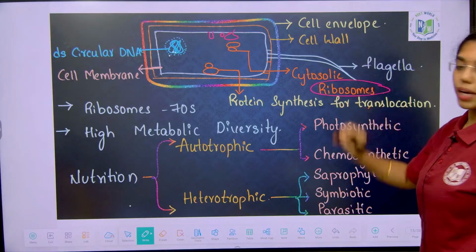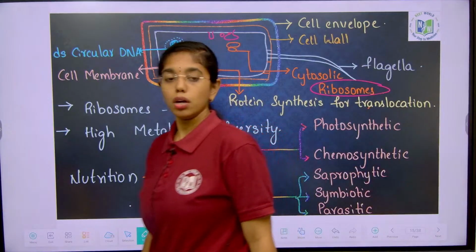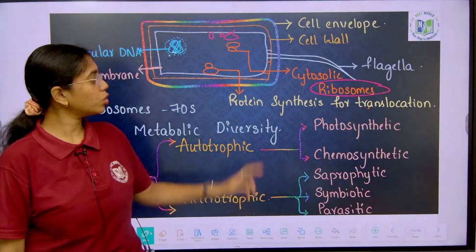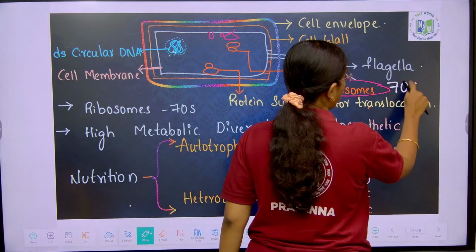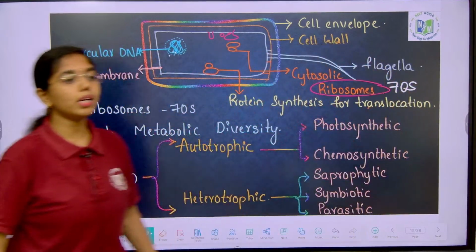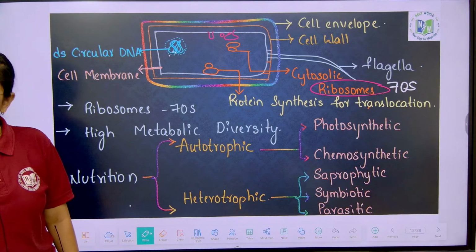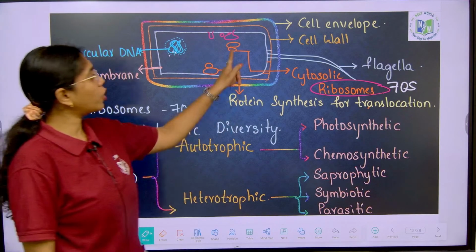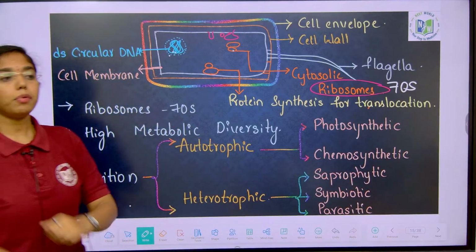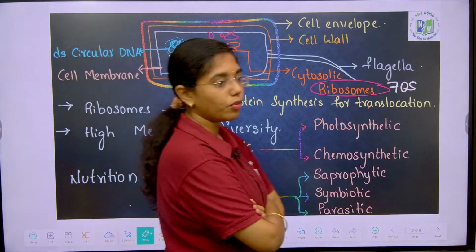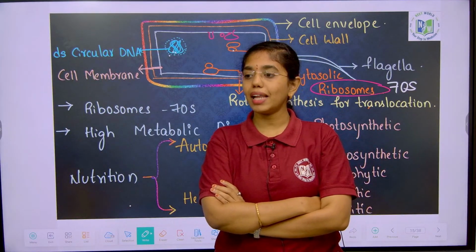The non-membrane bound organelles. Anyhow, membrane bound organelles are absent. So, non-membrane bound organelles include what? Ribosomes, which are what type? 70S type of ribosomes. Larger subunit is 50S, smaller subunit is 30S. Likewise, we have ribosomes in cytoplasm and attached to the cell membrane. The ribosomes present in cytoplasm will help in protein synthesis, attached to the cell membrane will help in